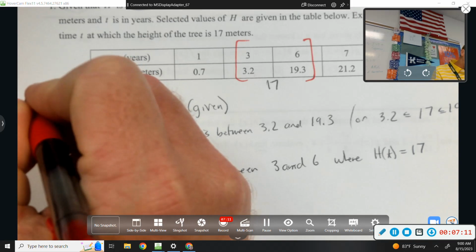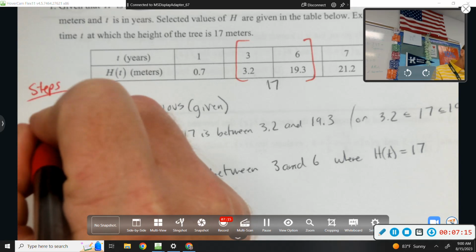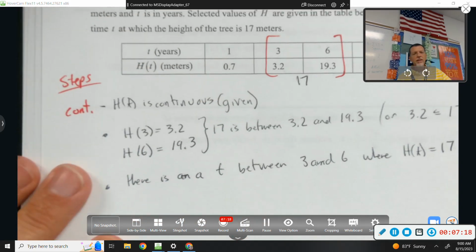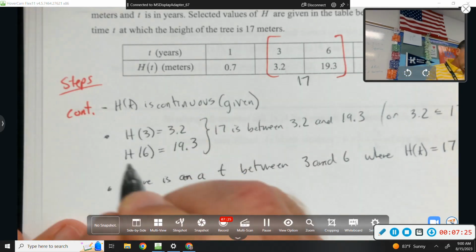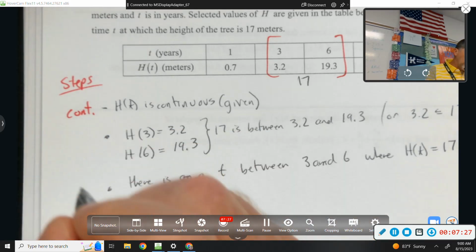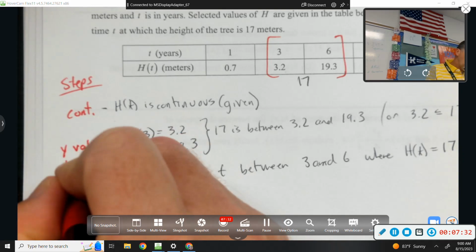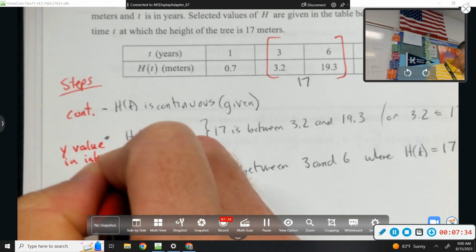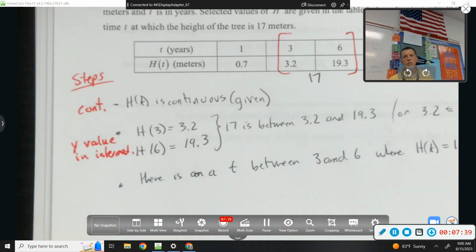Here's the 3 steps I need to see for an IVT proof. Step 1, continuity. So say it's continuous. Step 2, again, I'm trying to abbreviate this as much as possible. Y value is intermediate. Show and state that the y is in between the two y values. And then your conclusion